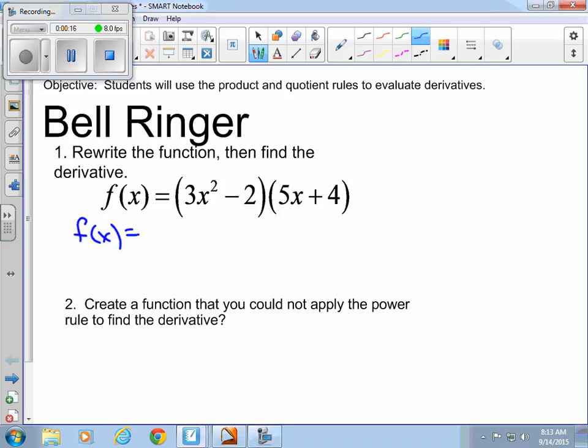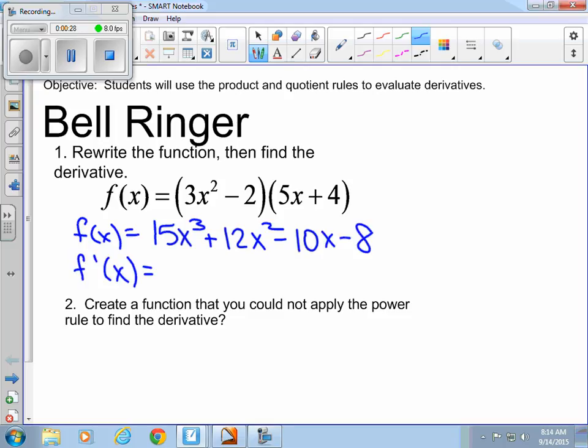To FOIL those out, and I get 15x cubed plus 12x squared minus 10x minus 8. And so the derivative of that would be